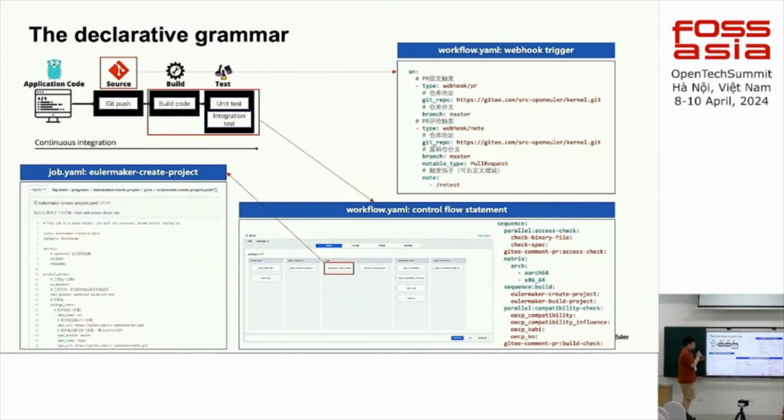If you need to define the webhook trigger, you could use the on keyword and announce what kinds of event you need, and the Git repo address and the branch, etc. Or you could also use the on keyword to announce a crontab trigger, where we mostly use the interval, how much interval we need to trigger the whole workflow, and